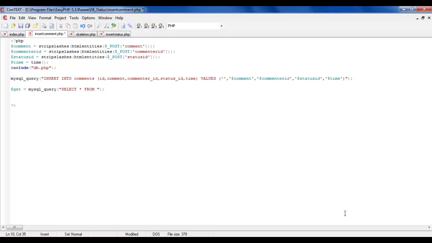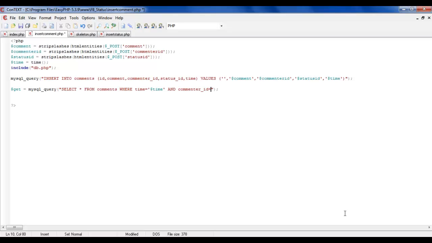Anyway, select everything from comments, where I will give a reference, I guess, where time, because the time is the only thing which would differ every second. So where time is equal to that, and one more thing would be required, and that is